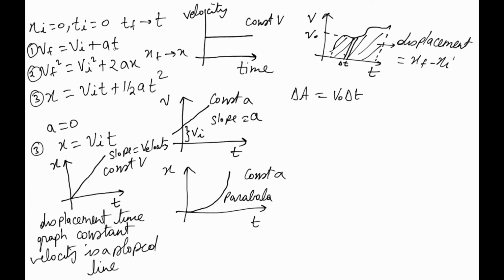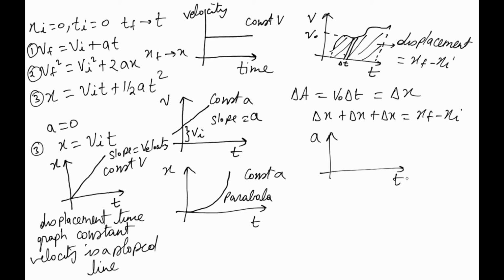Consider one of these equations, the first one, in which we have a constant v naught. V naught delta t is actually delta x. This is nothing but the change in displacement. And if you sum up all these displacements, which means here, here, here, which covers the whole area, then we actually sum up all the small displacements, and this should be xf minus xi. And the same holds true if you have an acceleration time graph